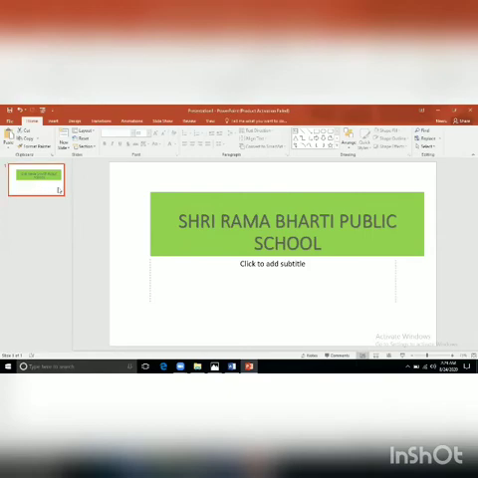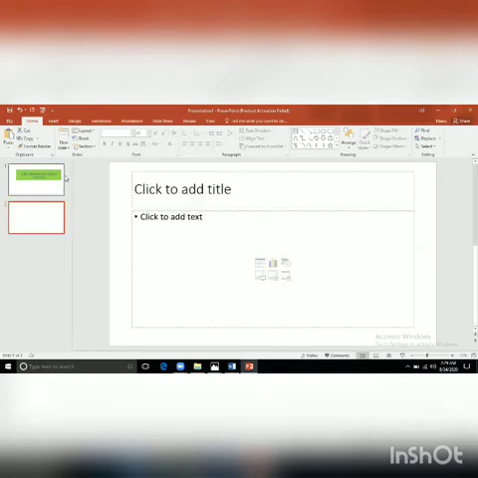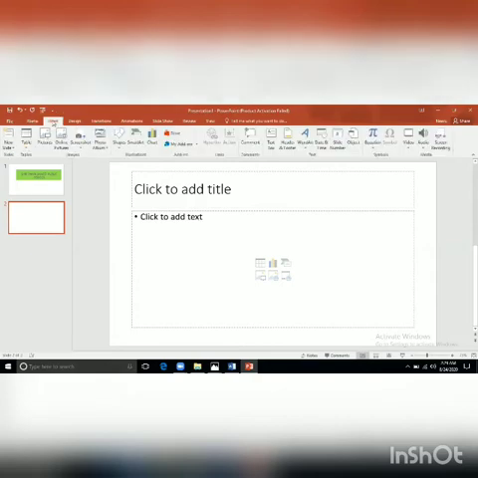So I am taking one more slide here by pressing Ctrl plus M, or we can go to the new slide. So the next one is inserting clip art or online picture. Same, we will go to the insert tab, and in place of text group, we will go to the images group. We will go to images.